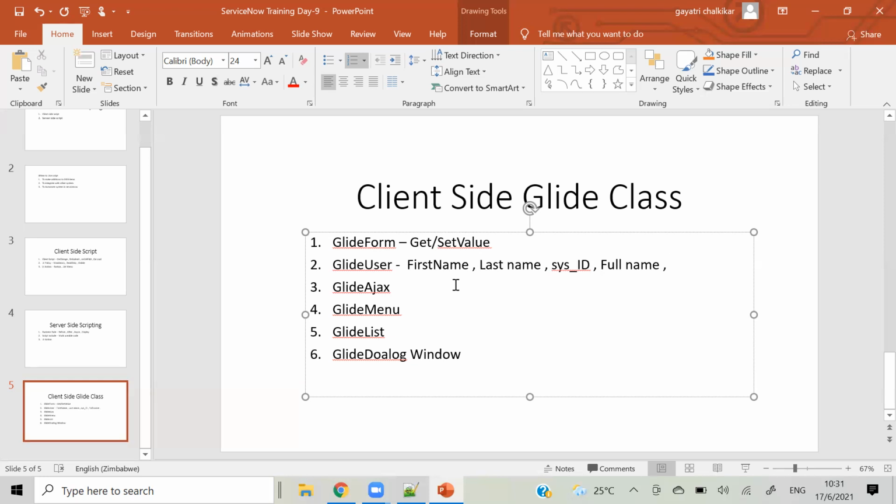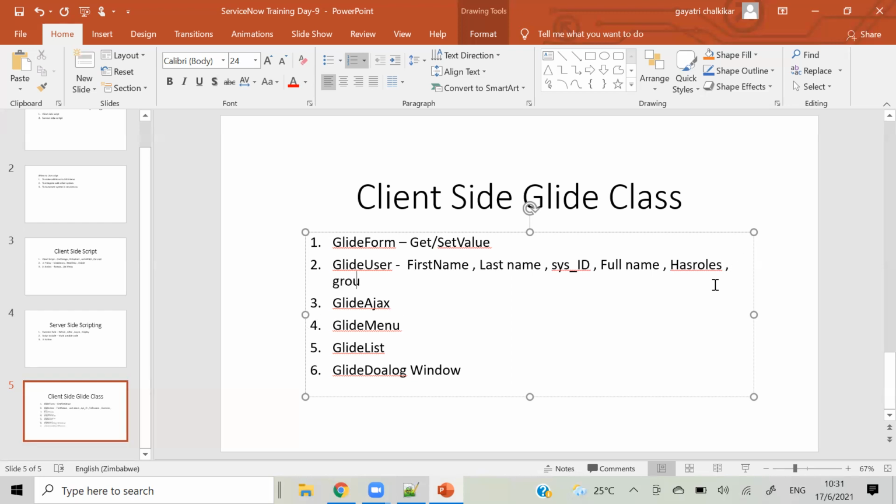And you can even check what his roles are. Like you can see in views I have written has roles, right? So you can check what roles that person has. And you can even check if we have some groups like a networking group, all those groups we have created, to which group this person is a member. So you can find group membership. These are the basic things which we can get through Glide User.